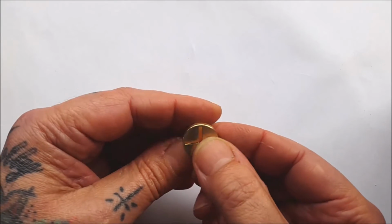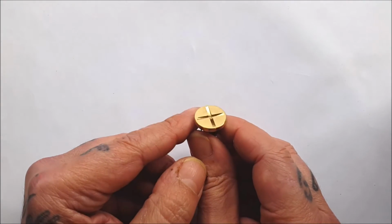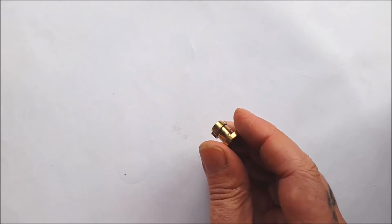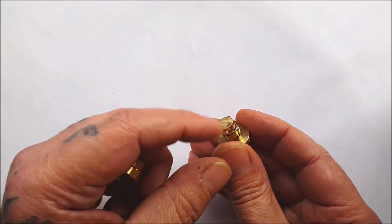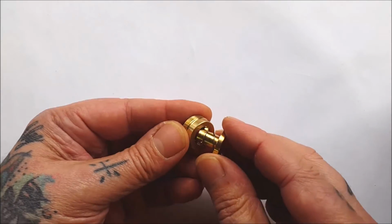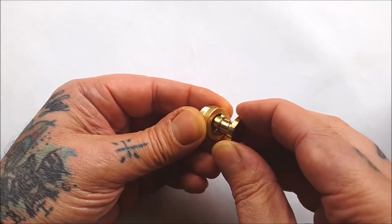Genius. So simple. Lovely cross pattern in the base. I just use my thumbnail, but you could use a coin if you wish, if you've not got nails. Just great. Goes together lovely, comes apart lovely. You can clean it, you can strip it, you can polish this top bit to keep it all functioning properly. And when you've done, just line the pegs up with a slot type thing, which I'm struggling to do